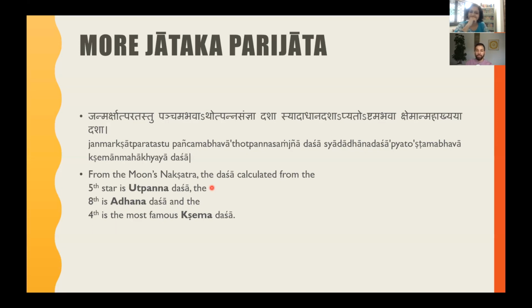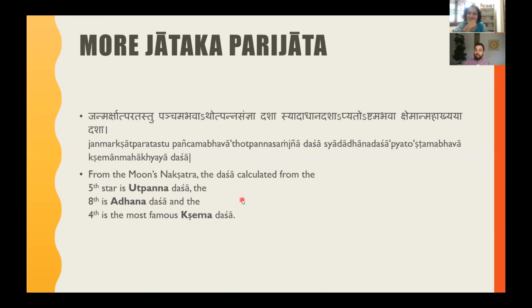I must create something. I must have a product. I must have made something. Did I write something on the blog today? Did I write something in my book today? Did I study these shlokas? They have achievement complexes. They are also great problem solvers, like I mentioned earlier. So Adana is best suited with this Utpanna, by the way. These two are very good together. We have to figure out who is good for who in a minute. And the fourth is the Kshema. I'll elaborate on them in a minute.